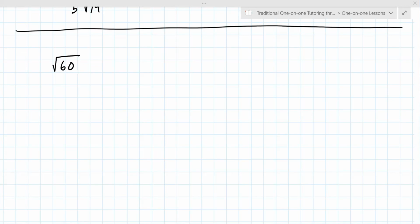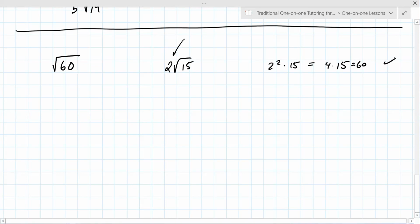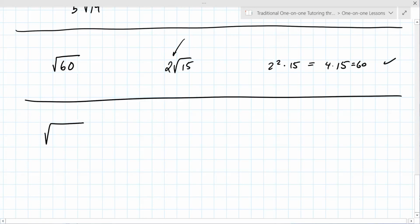How are you doing on this one? I got 2 square root 15. Okay, and that is correct. And I know it's correct because I square this number and I multiply it by the number inside, and that's 4 times 15, which is 60. Yes, that's correct. So I'm not sure which approach you used, but the only way to kind of figure out